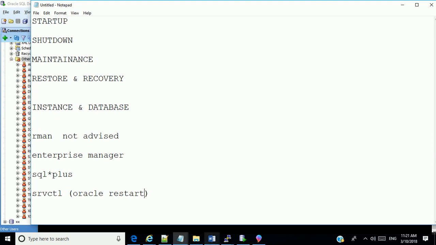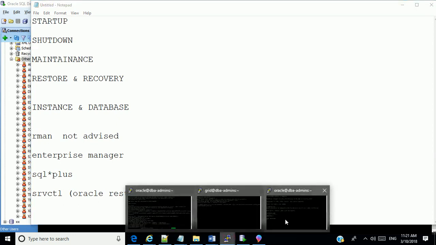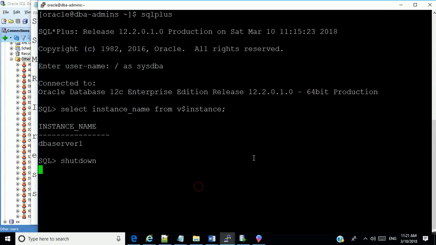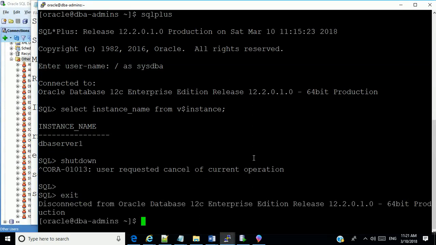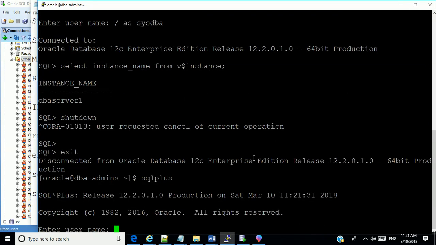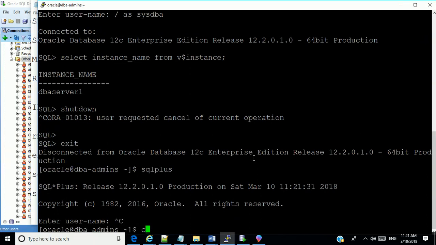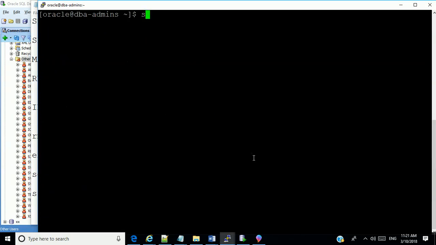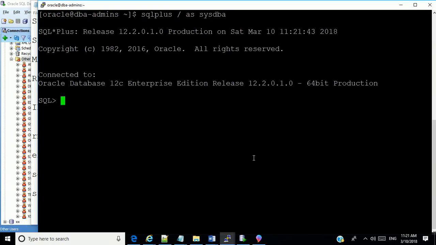We're going to go back right now to this one, which is still here. You know why it's still there? The shutdown process at times does not really complete. I told you it's always good to use shutdown immediate instead. Shutdown immediate terminates the processes and rolls back all transactions in course.